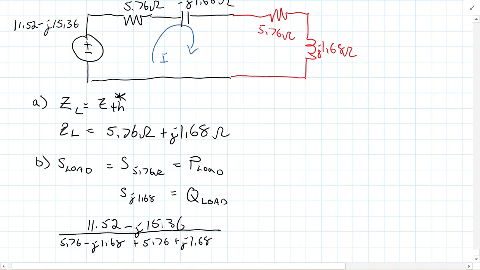Because the whole point is these reactances here are canceling. So we wind up getting the voltage here just divided by that resistance. So if we do that,